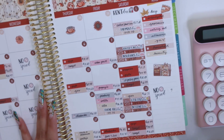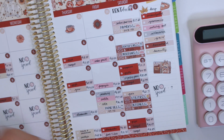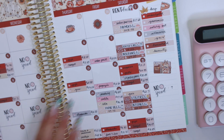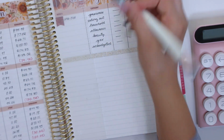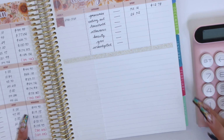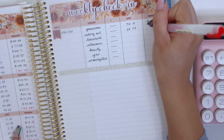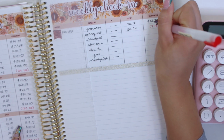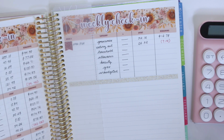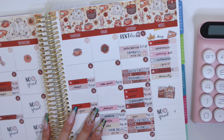Next, we have eating out. For eating out, I have pizza for $17.96 and McDonald's for $8.36. So check these off. Total spent $26.32, and I only had $19.18 left last week, so that means that I am over budget by $7.14. There you go. Then household, I have 1 sticker for